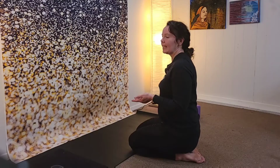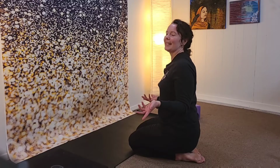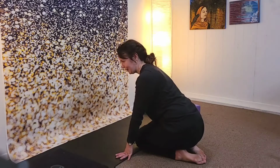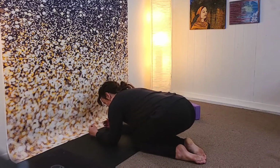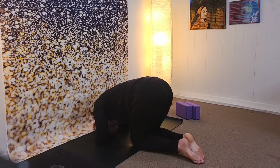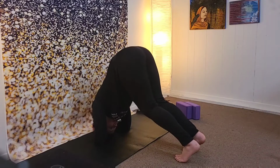So we're going to try it one more time. And we're just easing into this, trying something new today. And hey, why not? It's a Monday. Okay, so coming into this modified dolphin pose into a handstand position, slowly. Forearm, forearm, clasped hands, pressing the top of our head into those clasped hands, and then slowly lifting up into that modified dolphin,